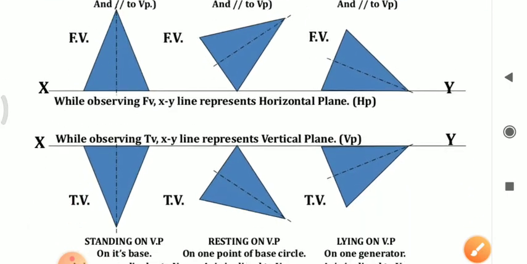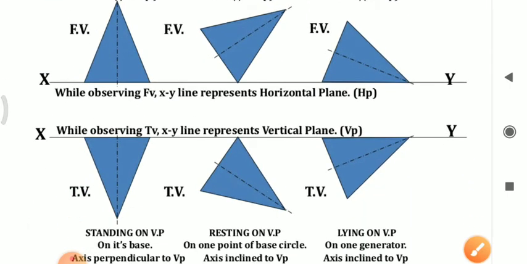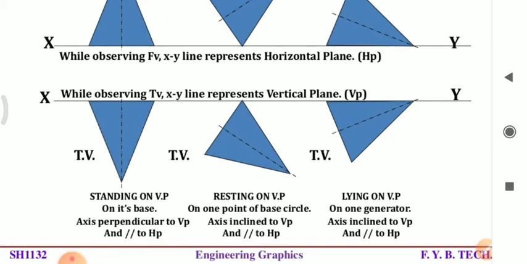Now whatever second position he has shown, the top view looks like a triangle, because this is not there for our syllabus, so don't bother about it. Why? Because here we are keeping the solid completely on HP. All problems we are going to solve by keeping the solid on HP. Like in planes, you have to draw the true shape of the lamina on HP or VP, you have to decide.